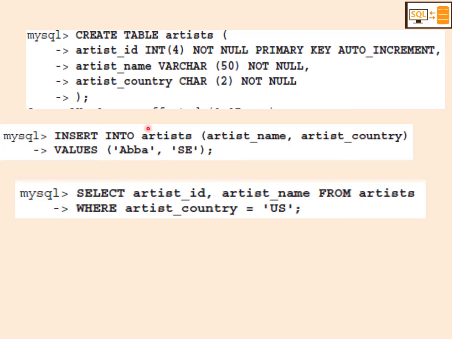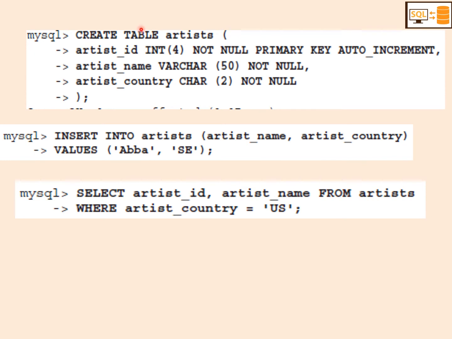Some examples of common SQL statements are here. In order to start MySQL, you have to get the MySQL prompt. Then for creating a table, you have to specify the create expression. The syntax is create table, table name. So here, create table, the table name is artist. Then inside the parentheses you have to specify the different field names along with their data types. If any other constraints are there, those should be specified.